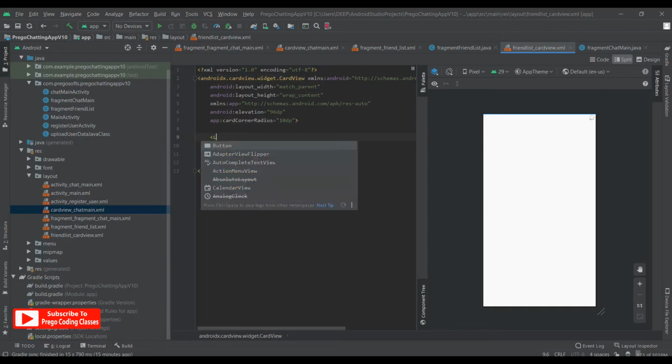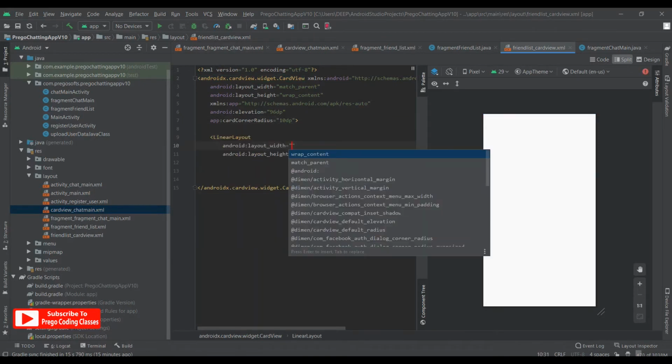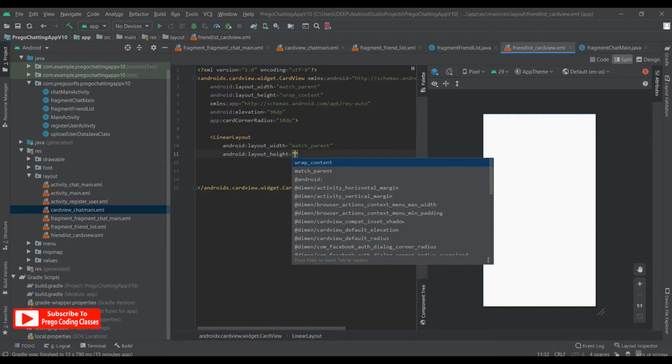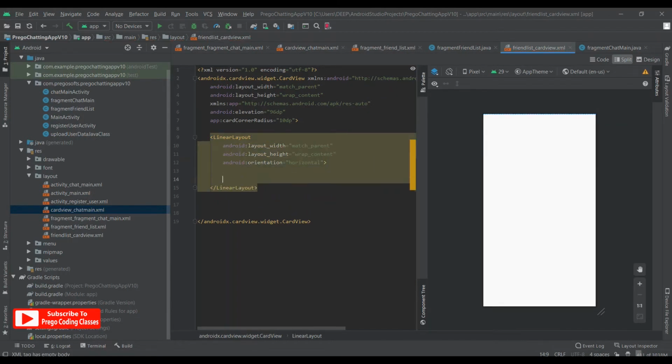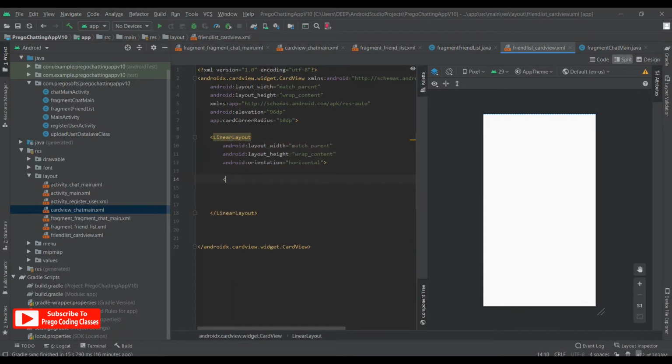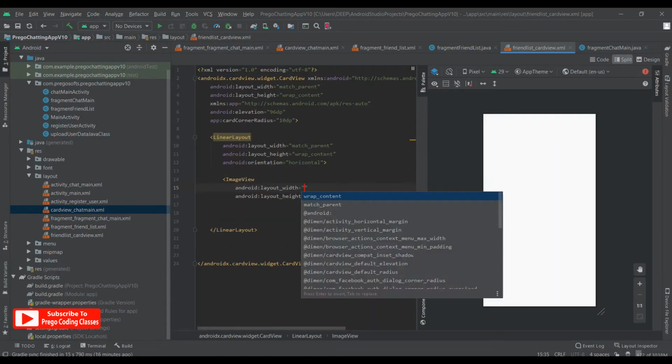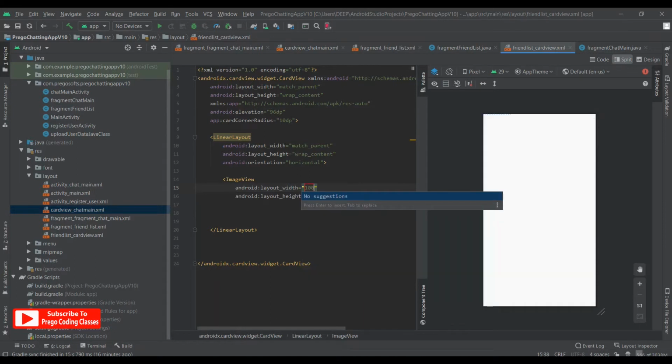So when that's done, we'll create a linear layout underneath, which will have match parent and wrap content with an orientation of vertical, or let's just say horizontal, and first we'll create an image view of 100 dp by 100 dp.